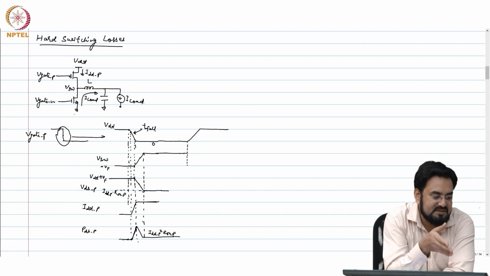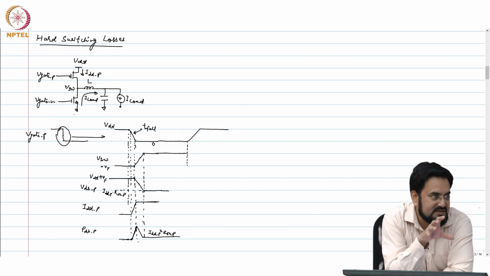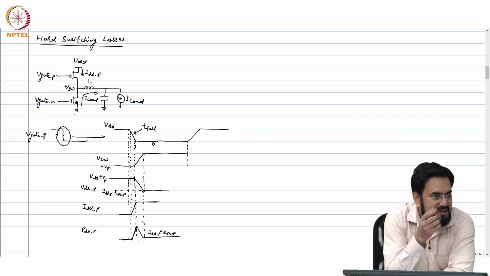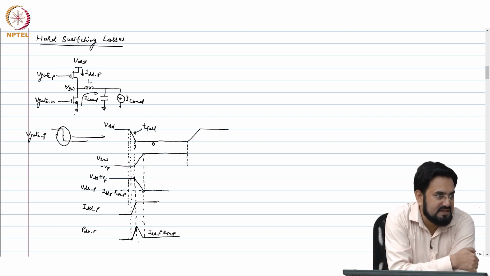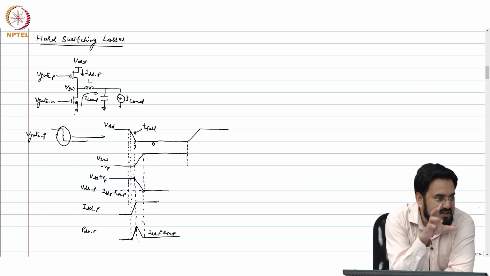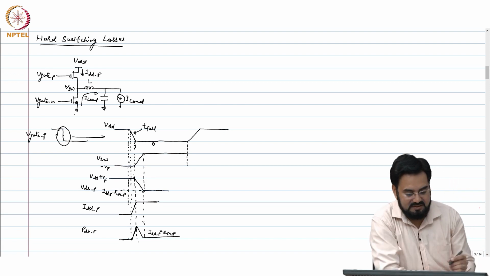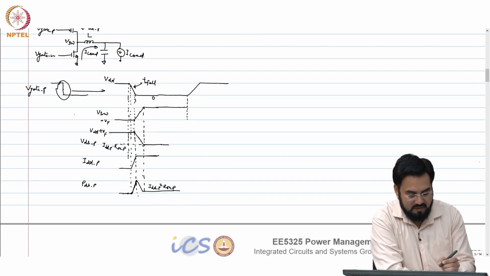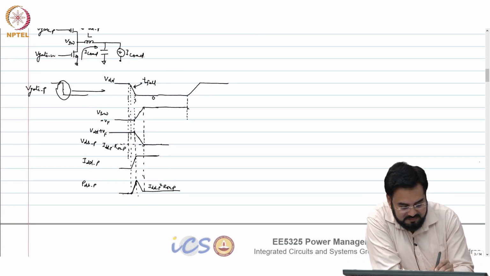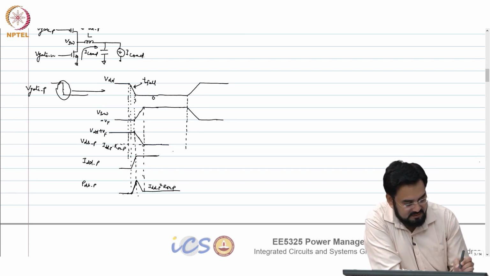VDS keeps on increasing means the RDS on of that is increasing. So, it will see very high resistance, okay, but the current remains same. So, basically the losses will be very high, and that loss will be nothing but again the voltage across that FET multiplied by that current. So, this will start falling, but current does not. So, where was the current?